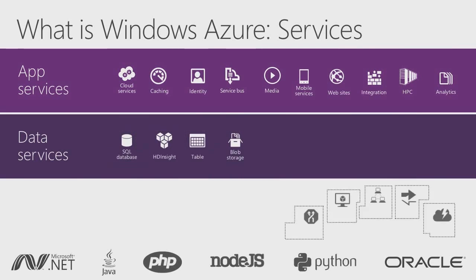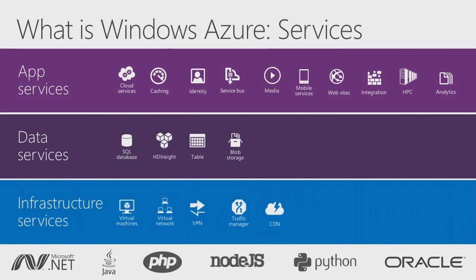So essentially, Windows Azure is a broad stack of services that runs in our data centers globally. Think of the different services as building blocks. These services can be categorized into 3 classes: infrastructure services, which are lower-level building blocks; data services that provide storage and data management capabilities to apps; and app services, which provide different capabilities to rapidly develop apps, scale, and run apps at a global scale.